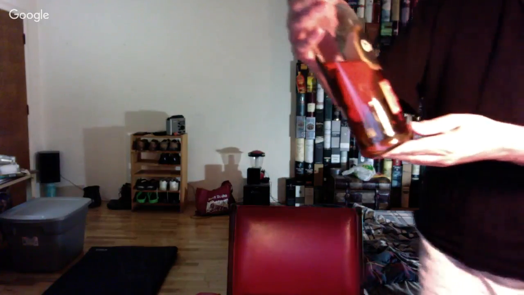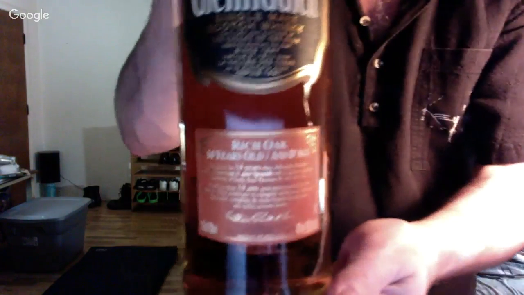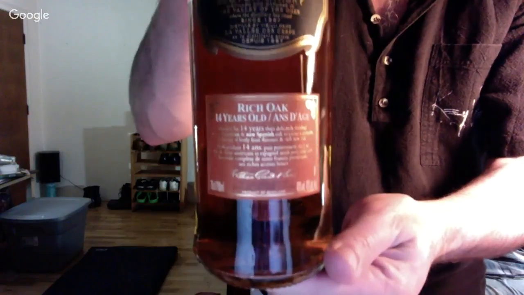Okay. That's the Glenfiddich. I haven't tried that one, but we have an oak one. What's it called? I had some of this today too. This is a 14. It's called Rich Oak. Yeah, it's okay.